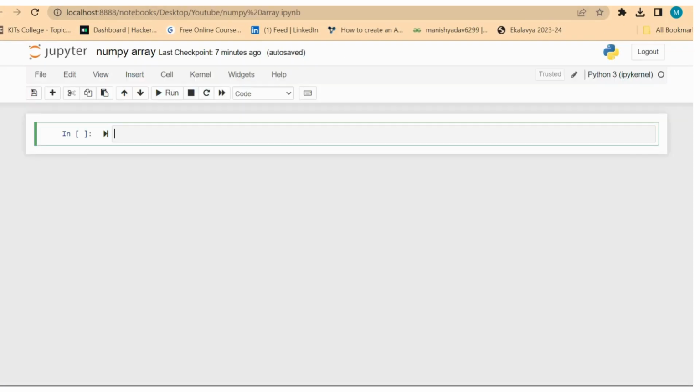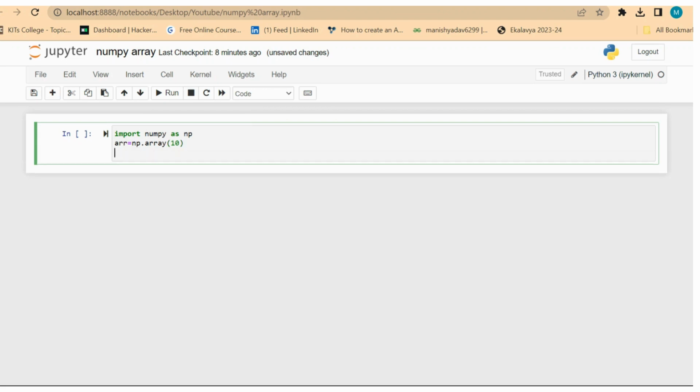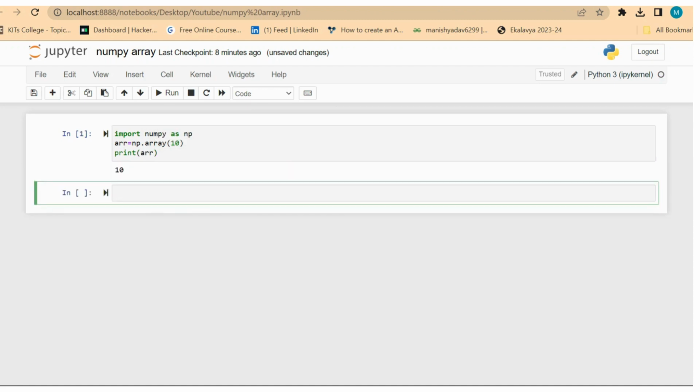Zero-dimensional NumPy array. Import numpy as np, array equal to np.array, and print array.